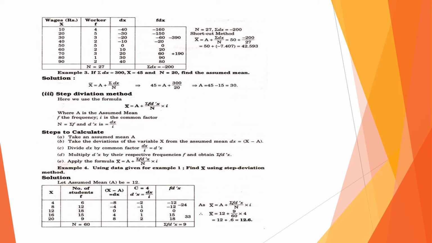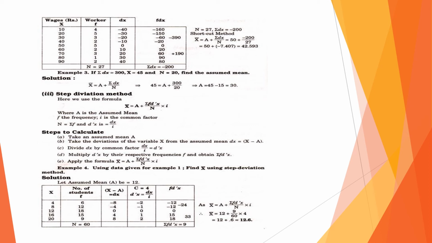The question arises, d. D, all of you know how to calculate, that is x minus a. Now d dash. How to find out d dash? D dash equal to d divided by c. C means common factor. We have to select that number which divides d, and after dividing, we are going to get d dash. Don't get confused. I am just trying to solve the example and then you will be able to understand.